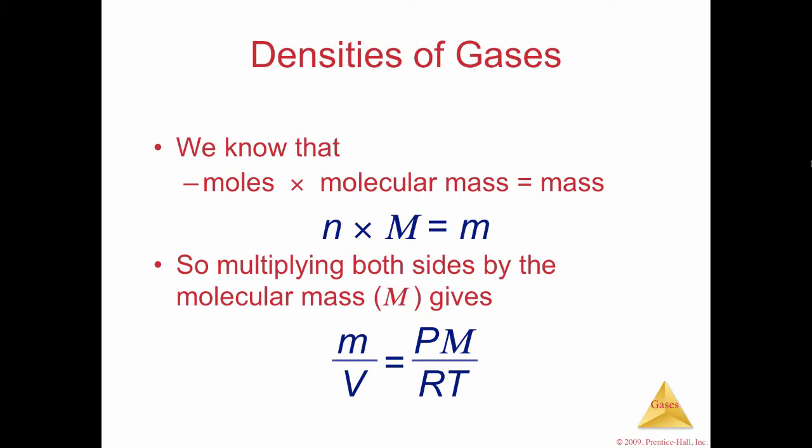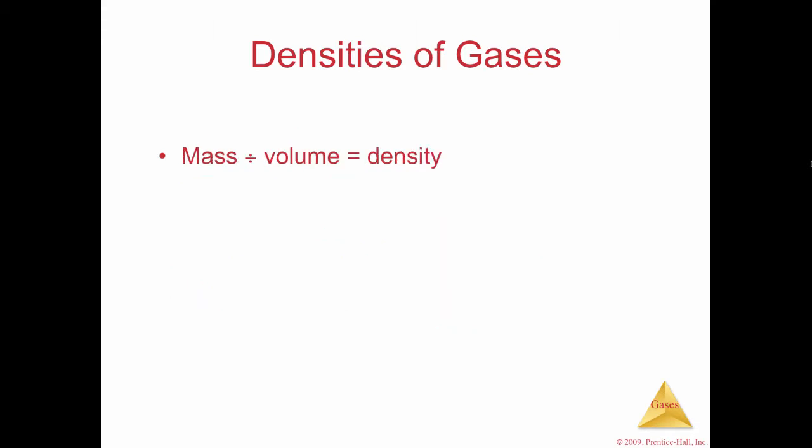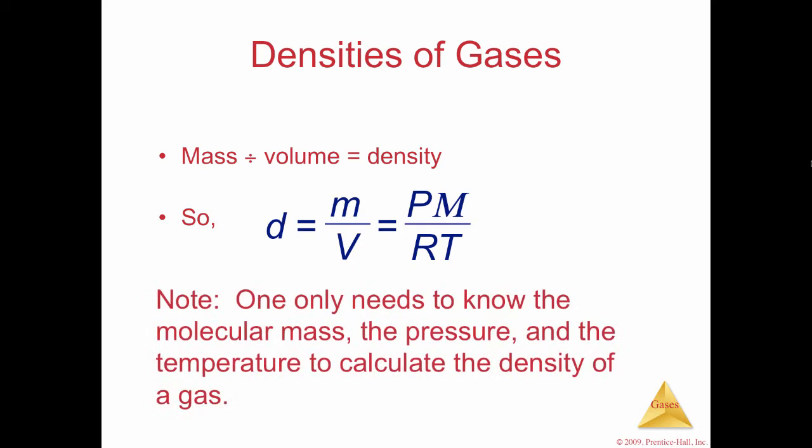So multiplying both sides by the molecular mass would give us M over V equals pressure times molar mass divided by RT. We know that mass divided by volume equals density,